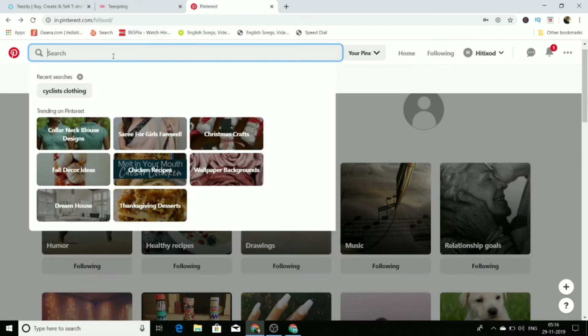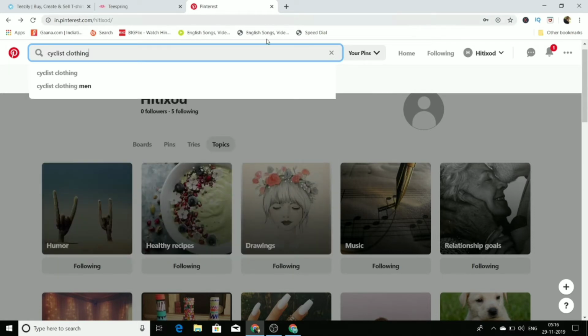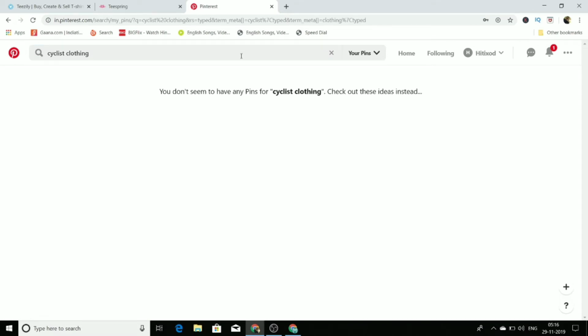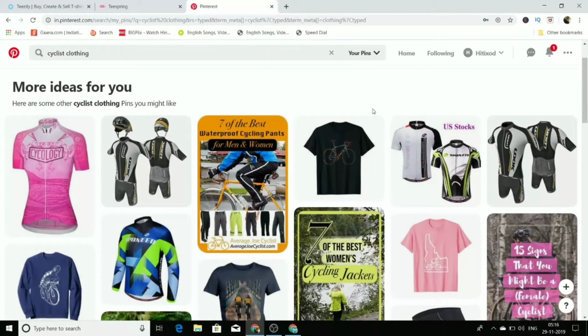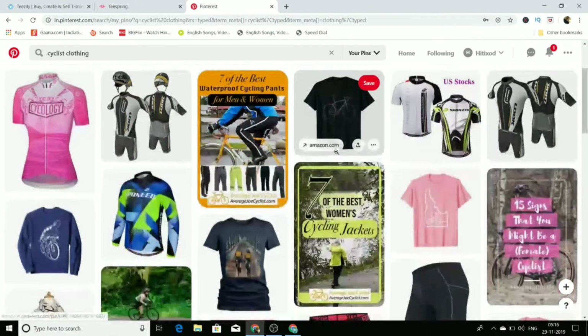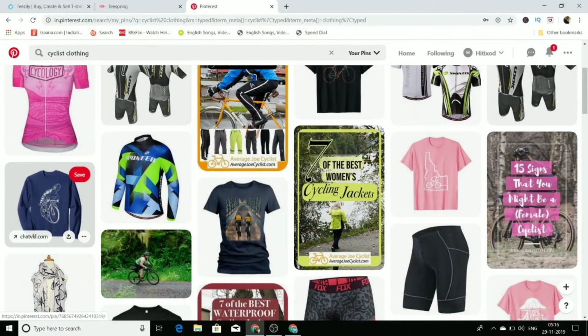For example, here I am typing one of the niches: cyclist, and clothing. Just type in cyclist clothing and press the enter key. Now what will happen is that this type of designs will come up. See this one, someone is promoting this affiliate link over here. Now see this,